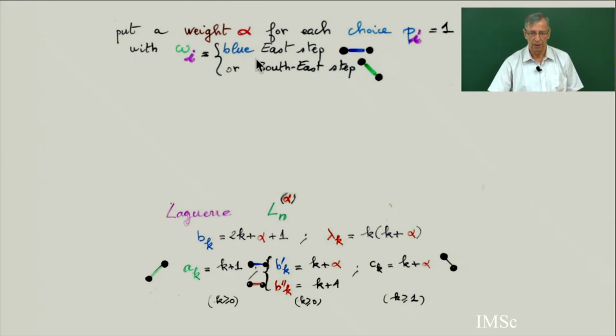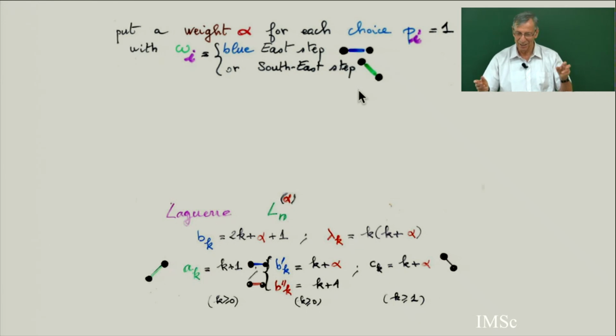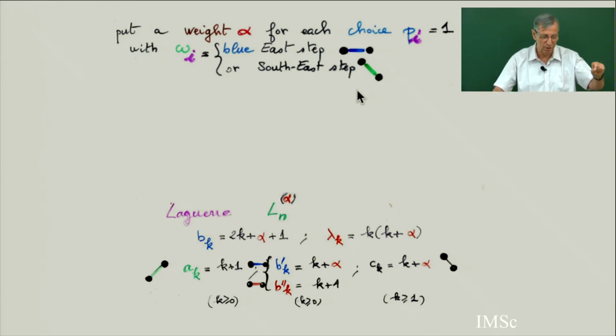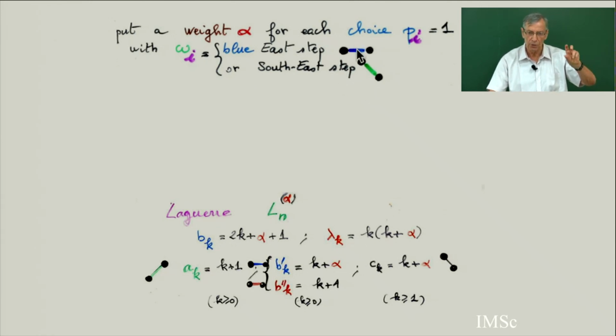a weight alpha. Then the parameter alpha, when you are on the Laguerre history, you will put a weight alpha each time you choose pi equal 1 for the blue step, or when you go down. You can check this in the history. In general, the parameter alpha is a different number of choices. When you take the first choice, this will correspond to left to right of Stirling number, but not the first choice for all possible steps, only for the east step and the down step.